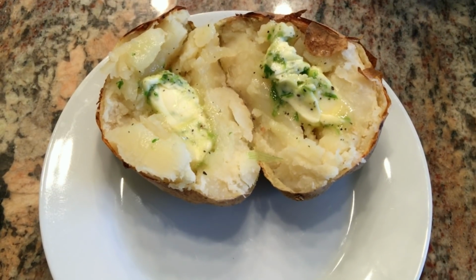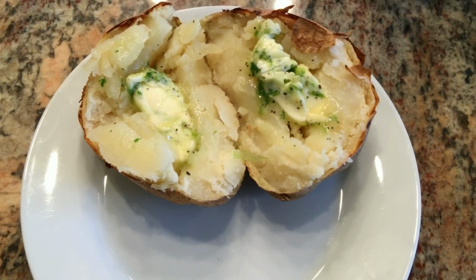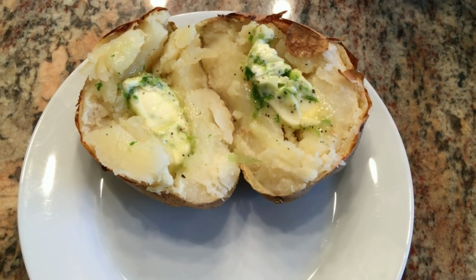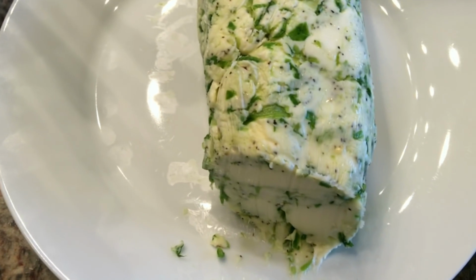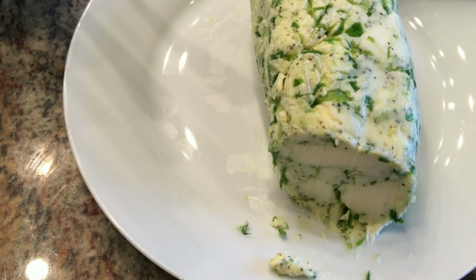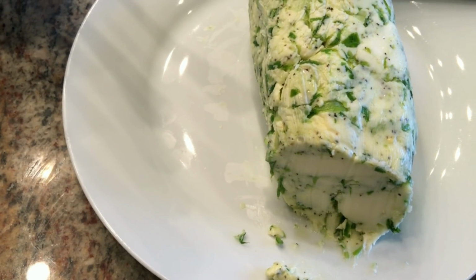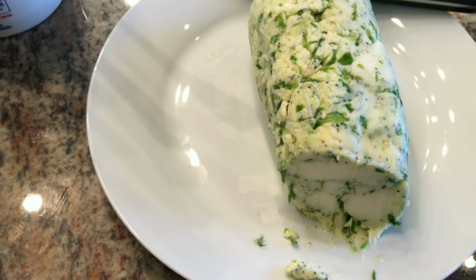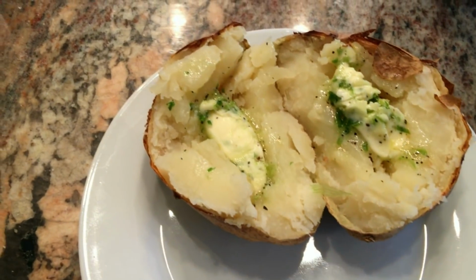We're having baked potato night. We're going to have a loaded baked potato and a very simple salad. And I'm using one of the compound butters I made. This was made with a little bit of salt and pepper. And then I put some green onions in my food processor and blended it with some softened butter and put it in the freezer. And look at how wonderful and easy